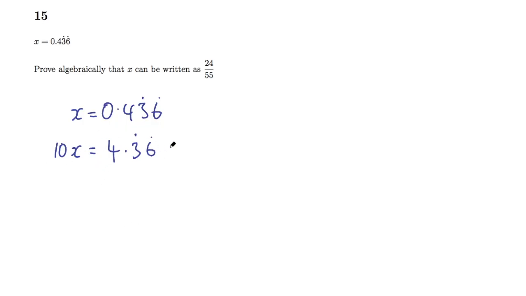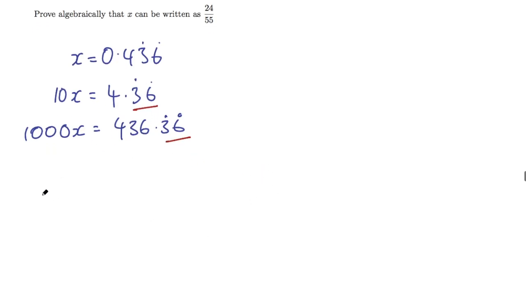And then I need to multiply that by 100. So I get 1000x, and then I end up with 436.36 recurring. Hope you can see why I need to multiply that by 100, so that these parts of the decimal are the same. And what that allows us to do is to subtract this equation from this equation, and once I've done that, I will get rid of the recurring decimal part of the number. So what I end up with is